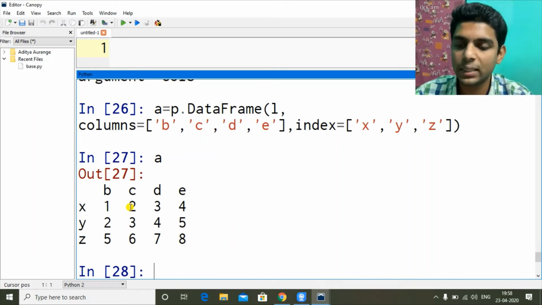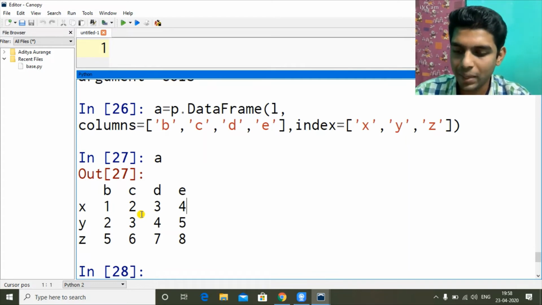So what was I telling next? How we can access each row and column. Now we have the LOC and ILOC functions. Let's see LOC first. LOC is where we give starting and ending values, rows and columns, and the last element also gets included. Everywhere else, in ILOC and all other indexing, if we are doing slicing A to Z, we will get A to Y, so Z gets excluded. X, Y, so Y is the second last. But in LOC, even the Z gets included.